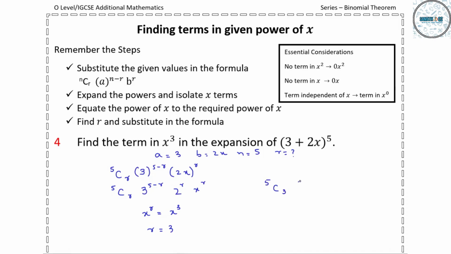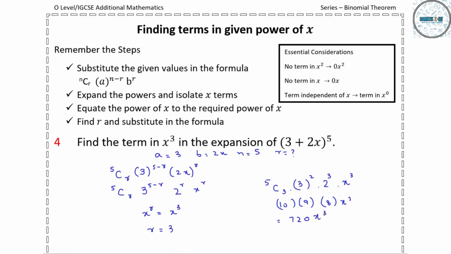5C3, 3 power 5 minus 3, which is 2, 2 power r, which is 3, and x power 3. So when we simplify, 5C3 is 10, 3 square is 9, 2 cube is 8, and x cube is x cube. So these all are multiplying. So finally, the answer is 720